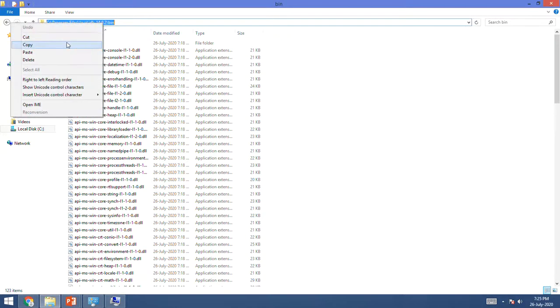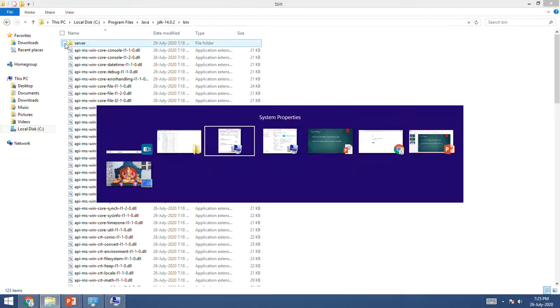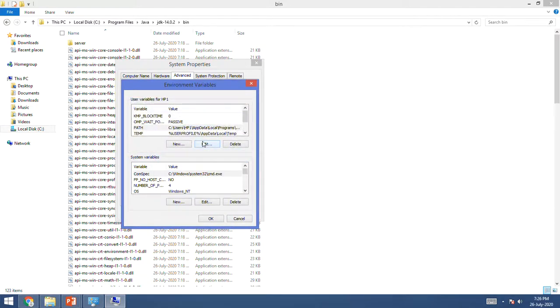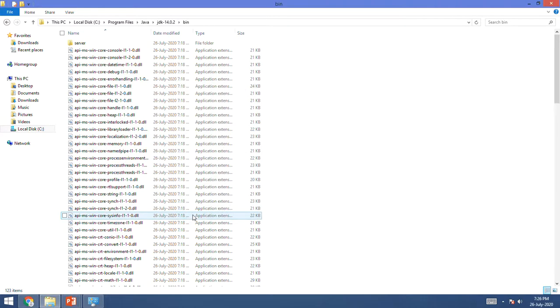Select it, copy this path, come to variable, and paste it, put a semicolon, click OK, done. Then click OK once again, click OK, done. This is how we do set path through environment variables.